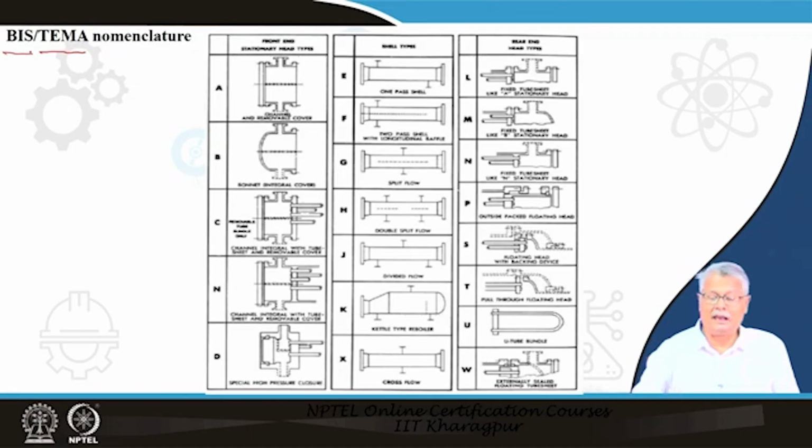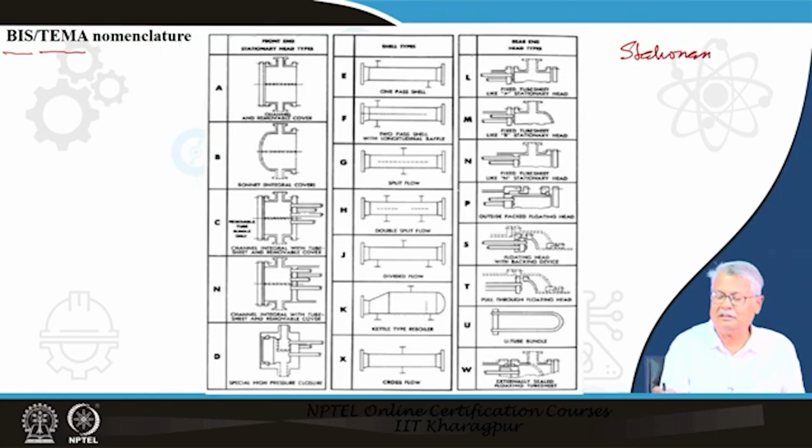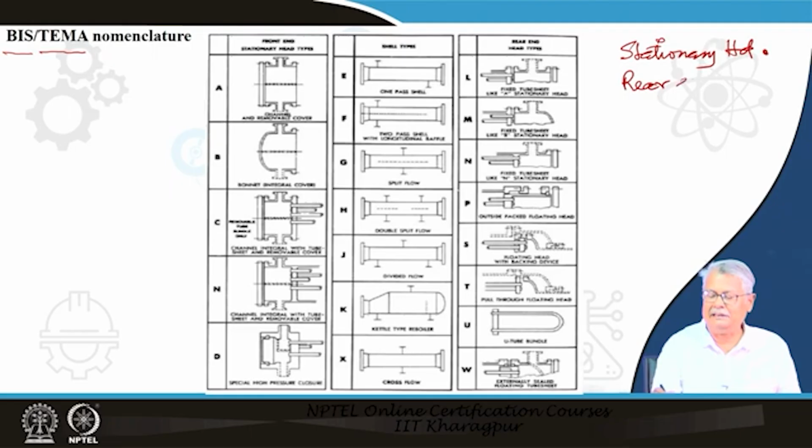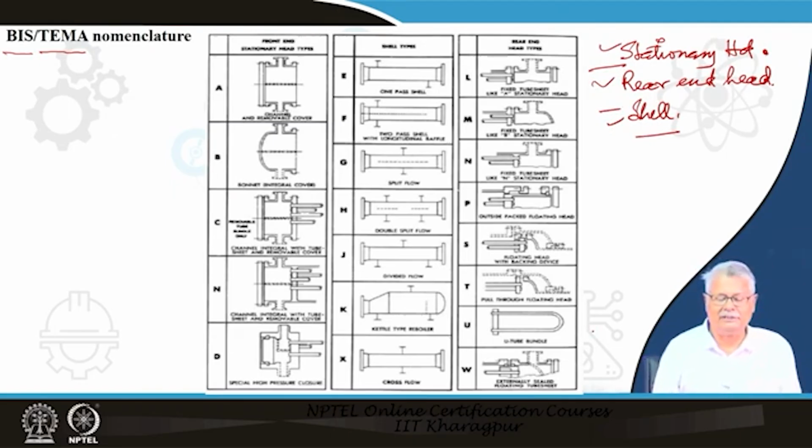Now, we already know that any exchanger will have a stationary head. A stationary head will definitely have the stationary head connected to the shell. It will have the rear end and it will have the shell. Now, depending on the type of these three, both BIS and TEMA, they have classified the exchangers,